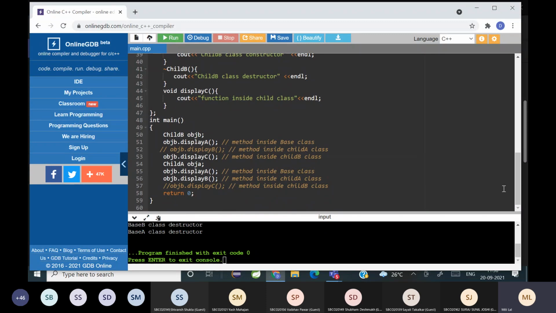So that means I have one base class and that base class has multiple children, then it's called hierarchical inheritance. समझ में आया क्या? Is it clear?